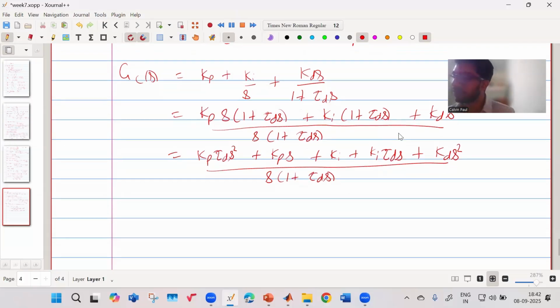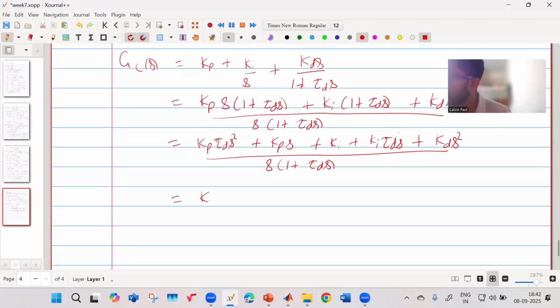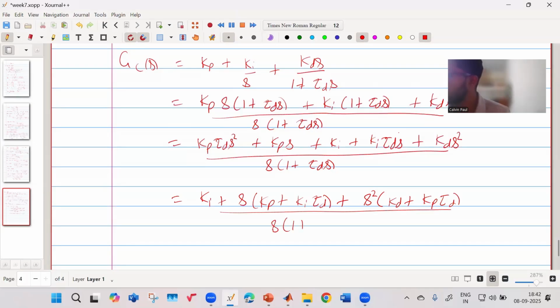Okay. So that becomes equal to Ki plus s into (Kp plus Ki tau d) plus s square into (Kd plus Kp tau d)